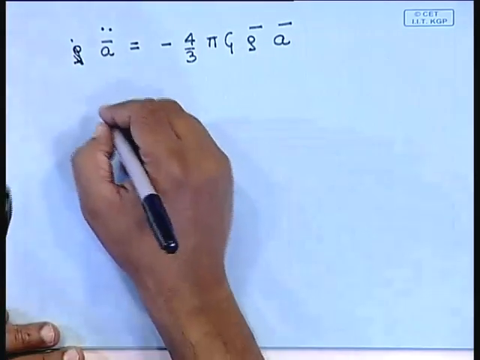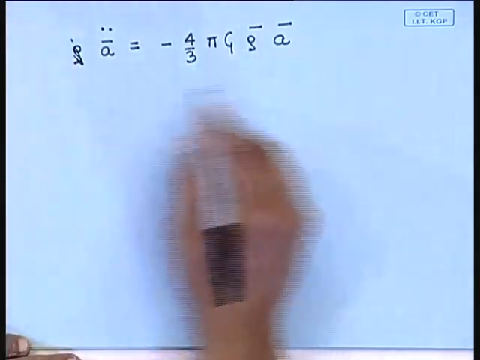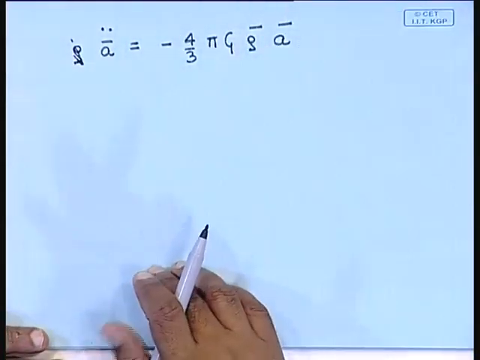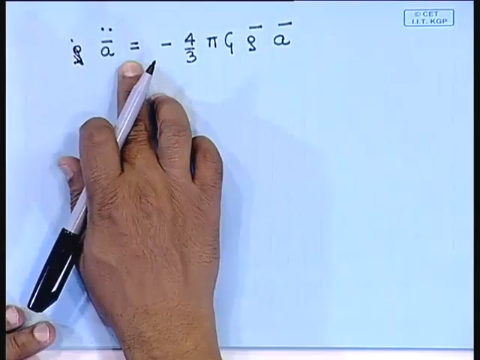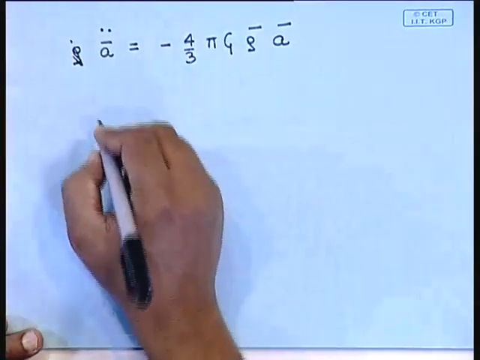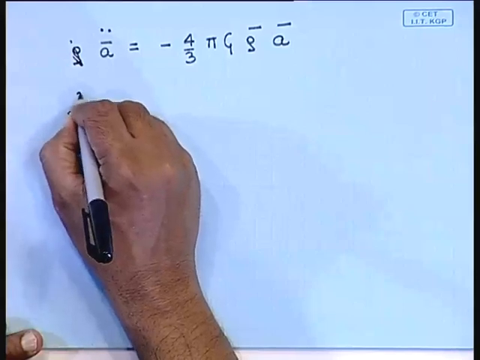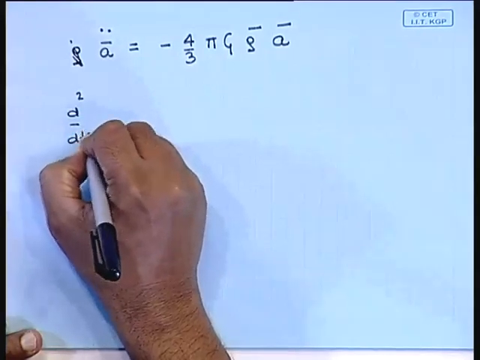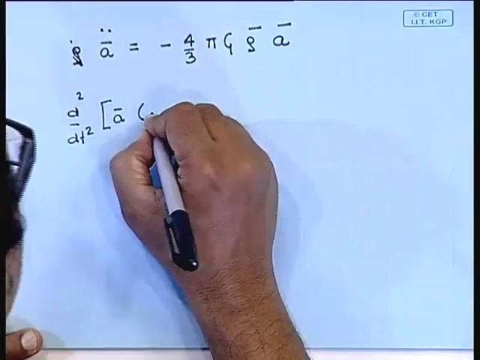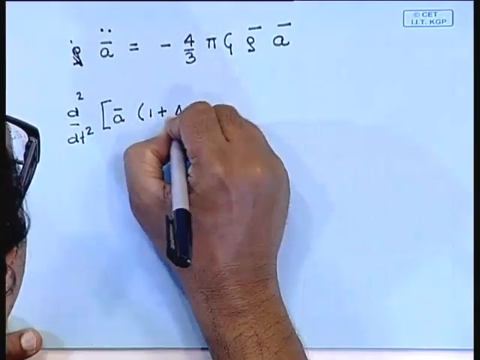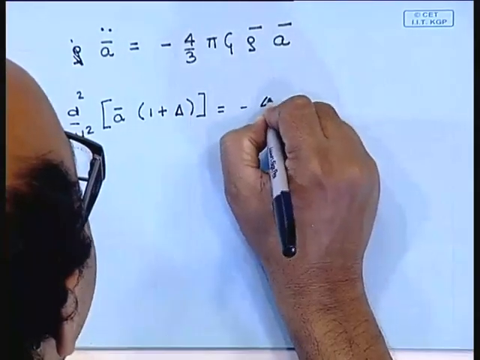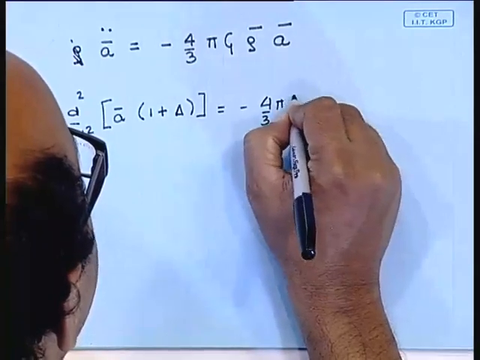Okay. And the perturbed one, the slightly different cosmological model, which is an overdense region in this background cosmological model, also satisfies the same equation. That also is a cosmological model. So what we have is d squared by dt squared of A bar into 1 plus delta is equal to minus 4/3 pi G